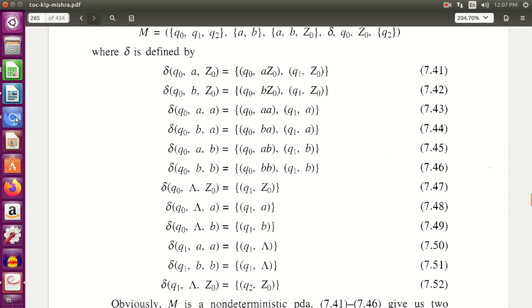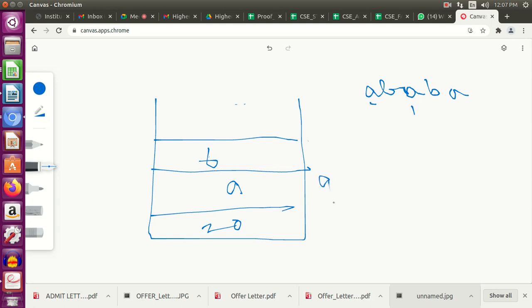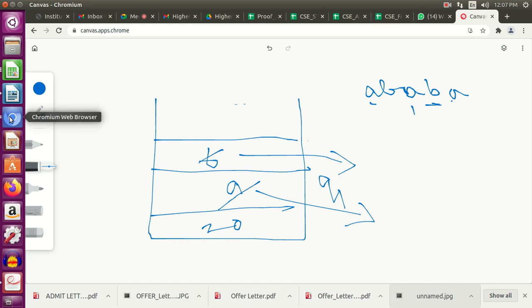Okay. So now I am in state Q1 and again I get a B. I have a B, I pop the B. I am in state Q1, my top of stack is A, I get an A, I pop the A. Done. I am left with the empty stack. So I have successfully constructed my PDA, which is going to accept both even as well as odd length palindromes.